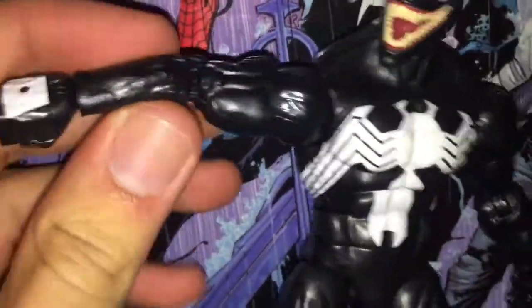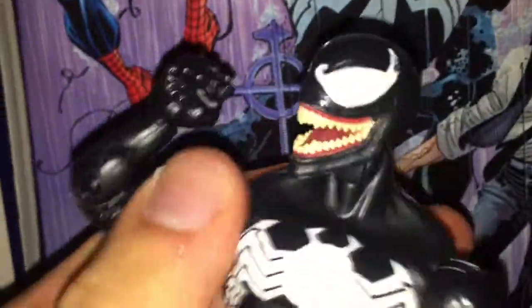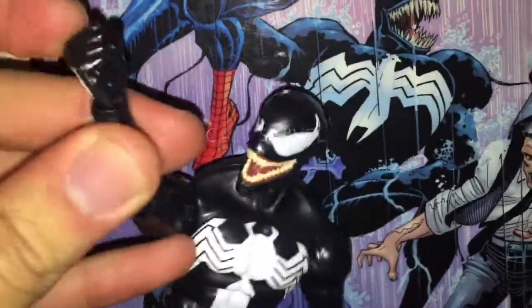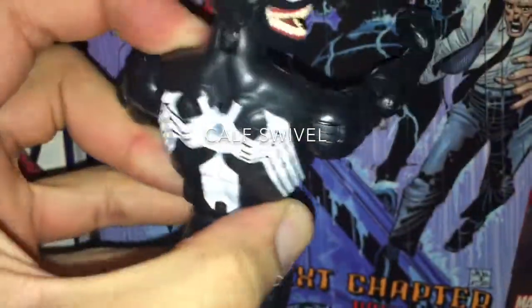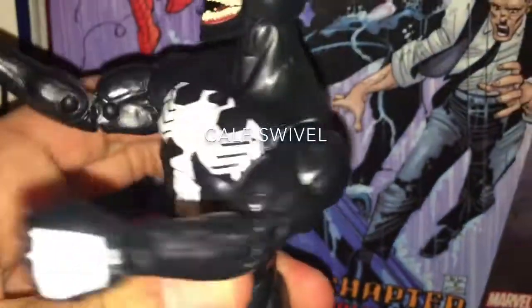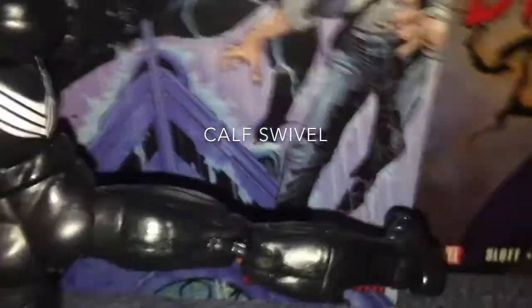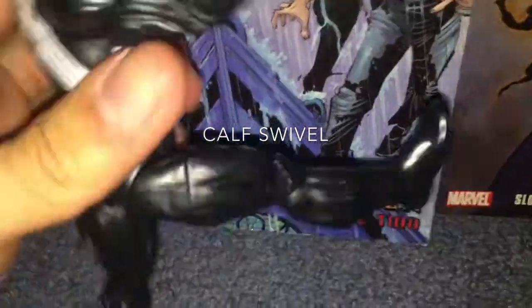Full 360 at the biceps, but I don't like twisting them because I think that, combined with exposure to the elements, is how my Amazing Spider-Man 2 figure got broken. Double jointed elbows, wrist hinge, side to side. He's got a waist swivel, which is capable of going 360 and clicks and shifts, which is, I guess, good. His legs go out about this far for when he's trying to kick Cletus in the shin, and this far forward,